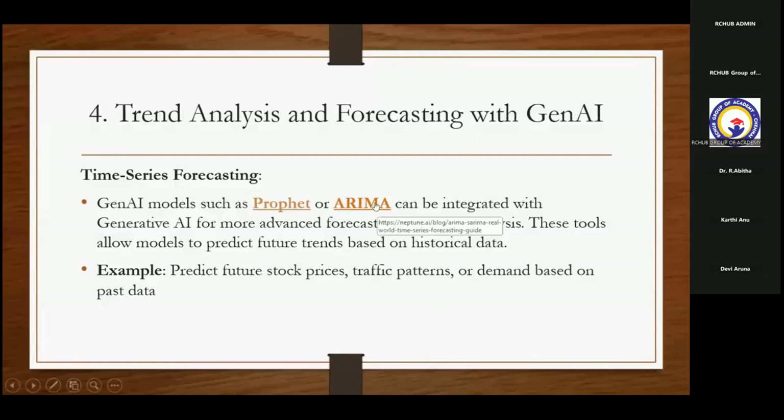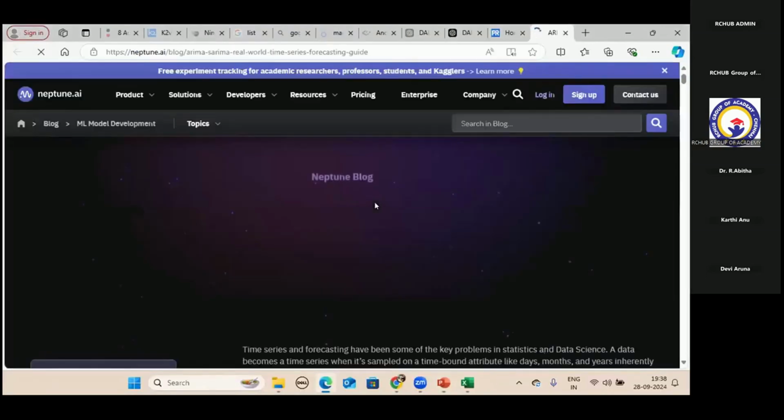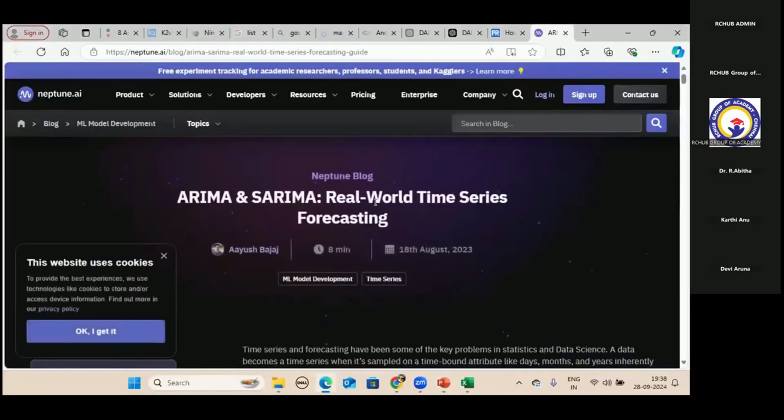Next one, we are coming here with ARIMA AI. This is another AI, which is used by Neptune, for real-world time series forecasting. So if your research is mainly focusing on this, you can see that there is free experimental tracking for academic researchers, professors, and students. They are giving a document also. If your research is mainly focusing on data science, or on climatic conditions,